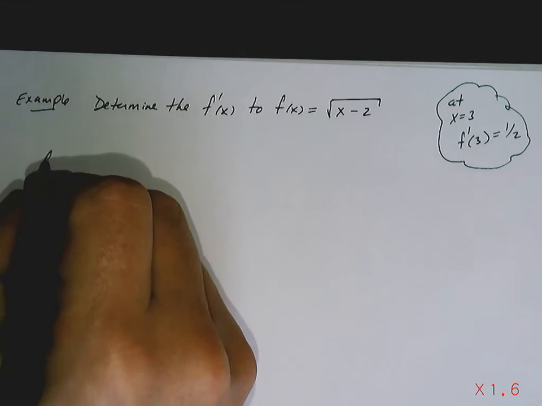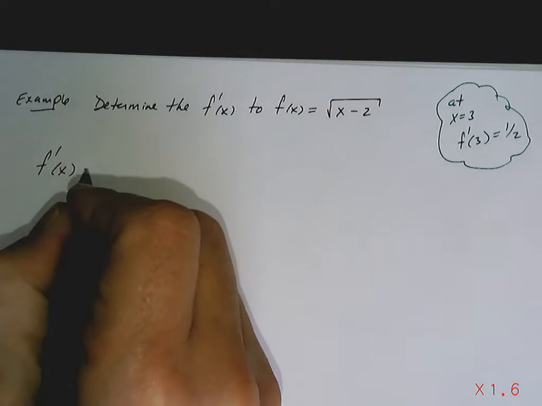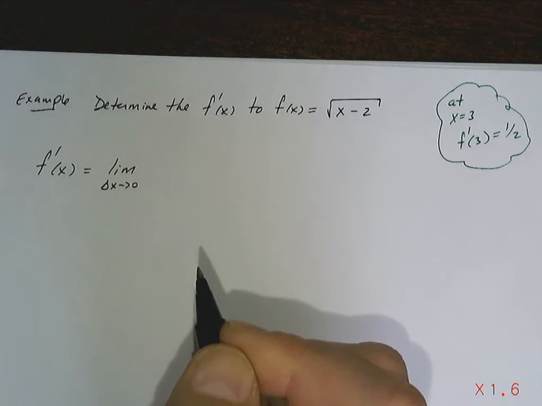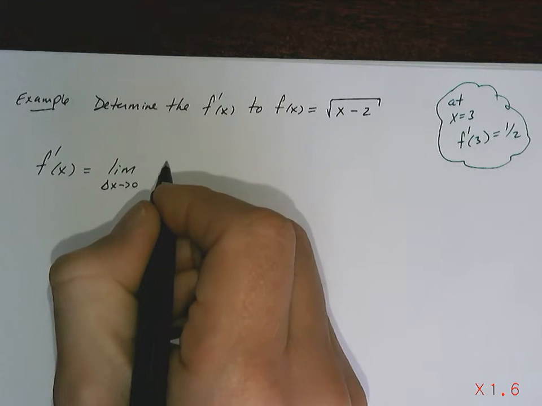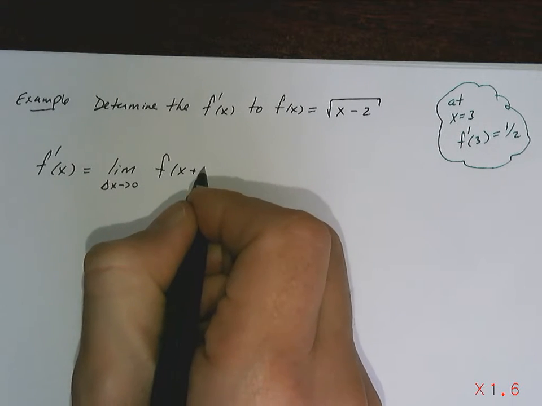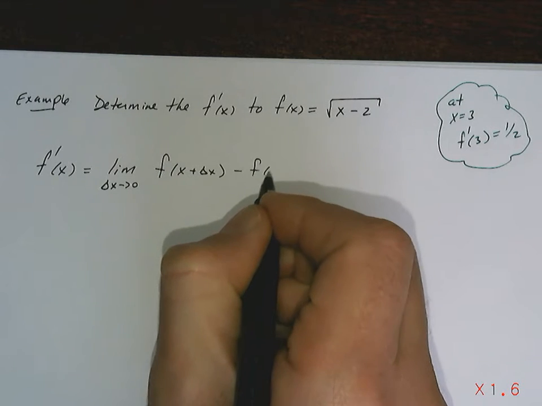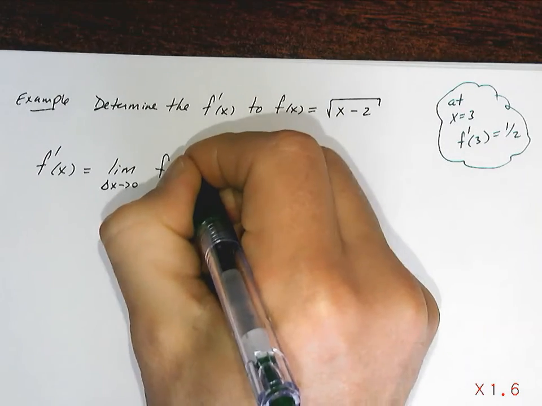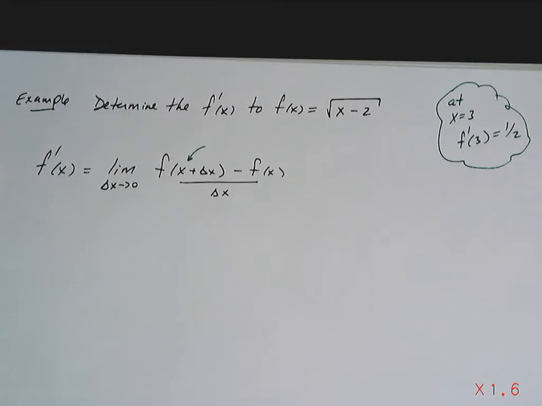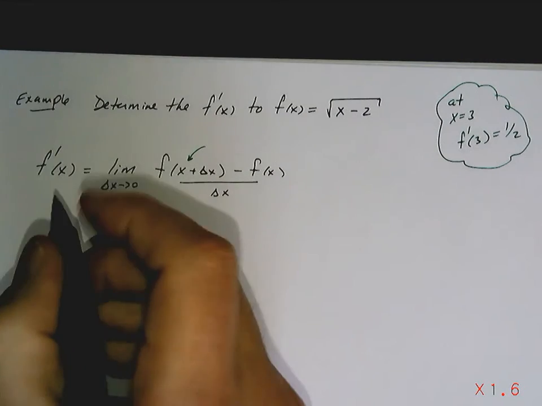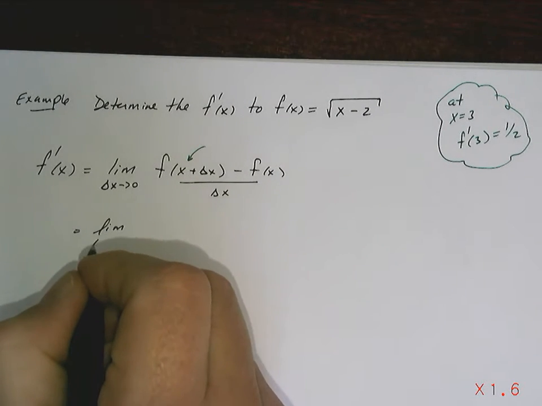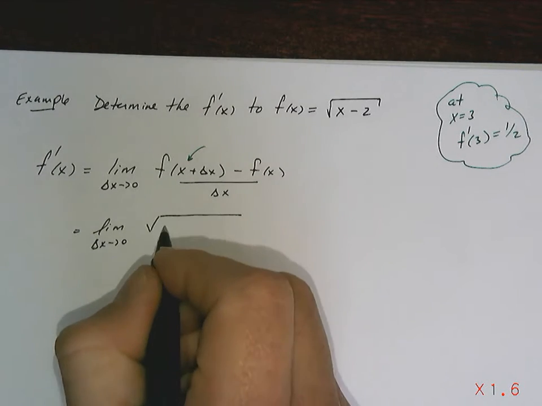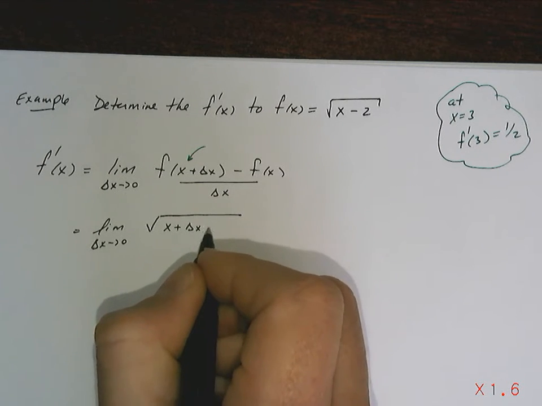So the derivative function, by definition, is the limit. I'm going to do it with delta x's this time, just to bug you. Delta x approaches 0 of f of x plus delta x minus f of x over delta x. Now, once again, the biggest difference here is that's not a number, because we're not taking it at a particular value. So it's going to be the limit as delta x approaches 0 of square root x plus delta x